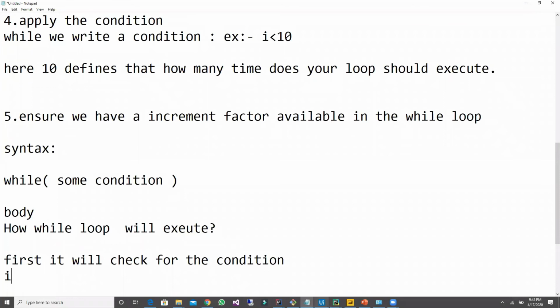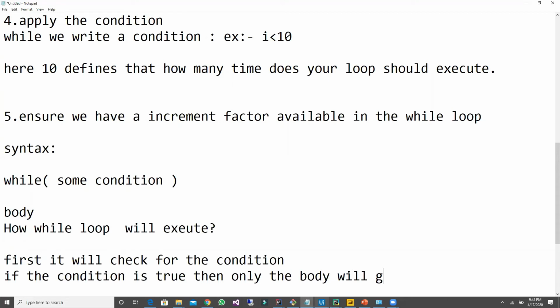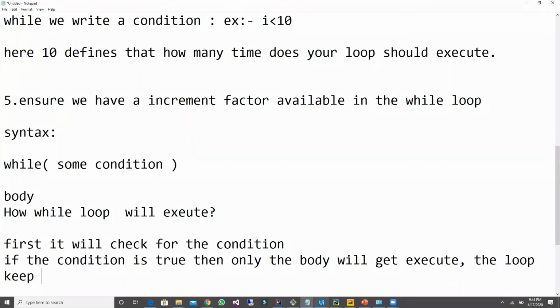Step 2, if the condition is true, then only the body will get executed. Okay. So the loop will keep executing until the condition fails.